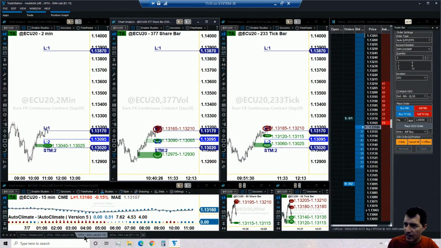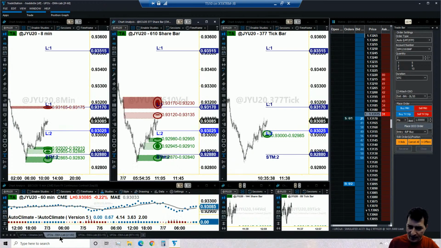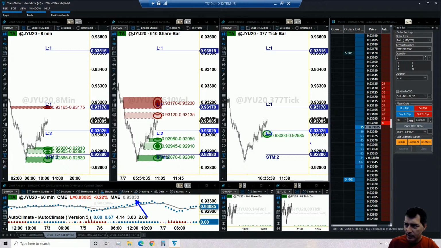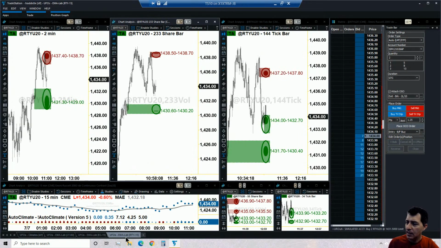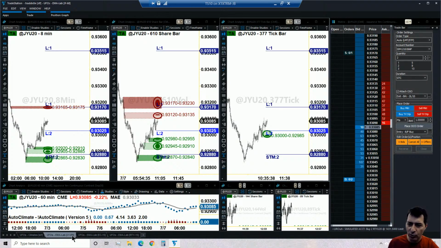With the euro, what do we have? The EMA is 10, still 10. So really, there's been no major change. So that 0.95 is still valid. Okay, so we're going to leave it like that. And with the Japanese yen, we had an update now bringing this up to 0.3. Our entry was 2.5. So you know what? It's fine. Okay, so the euro and the yen are fine. The Russell had to be cancelled, and we did. Okay, cool. So this is how we conclude the session for today.